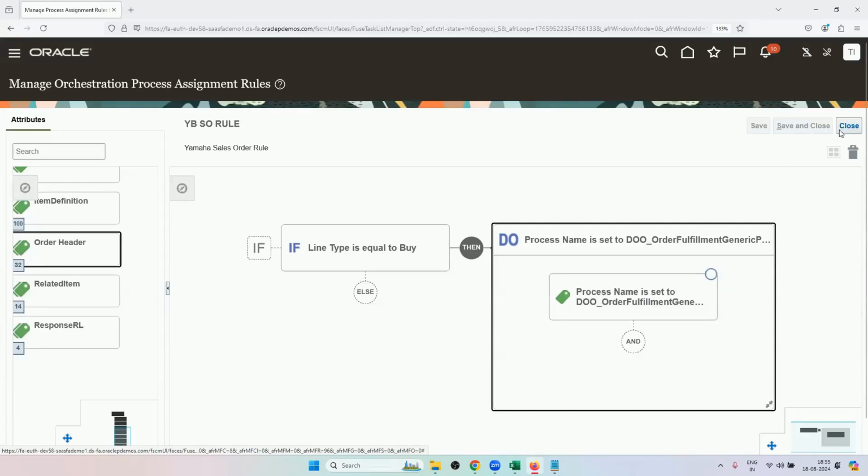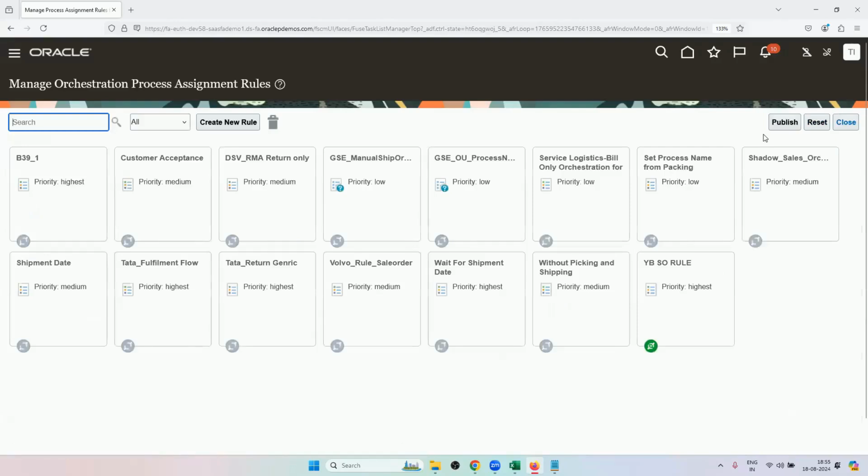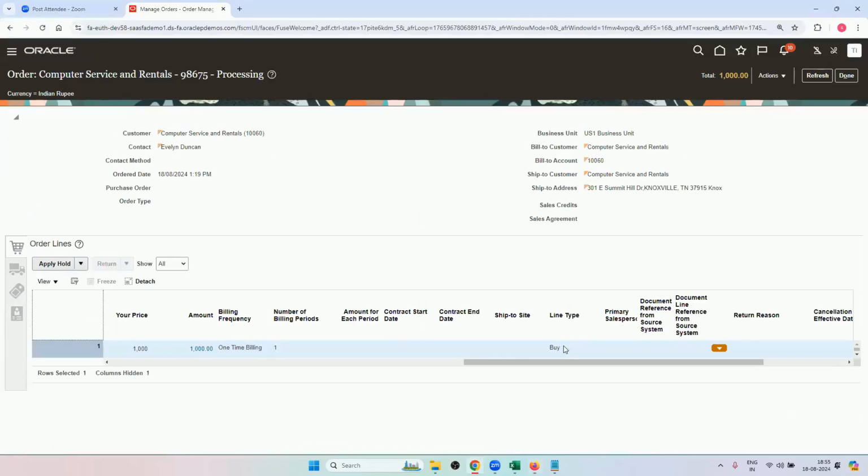So now let me show you the different orchestration processes that we have. Just to give you one question. Where is this line type defaulting from? Line type is always buy. It is not defaulting from anywhere. It is buy if you don't set it, and you can always change it. You remember yesterday we had configured order lookups for line type, and I defined it, right? So I will show you